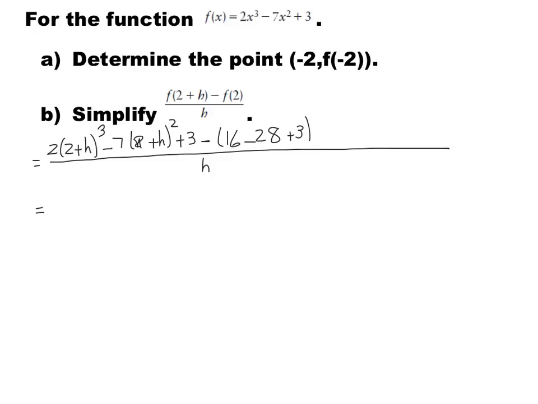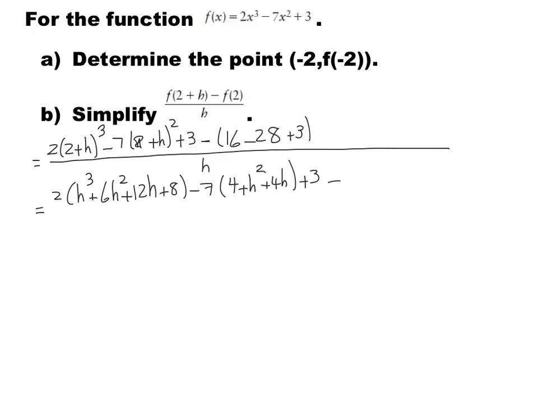Now if you expand (2 + h) cubed, you get h cubed plus 6h squared plus 12h plus 8, minus 7 times (2 + h) squared, which is going to give you 4 plus h squared plus 4h, plus 3